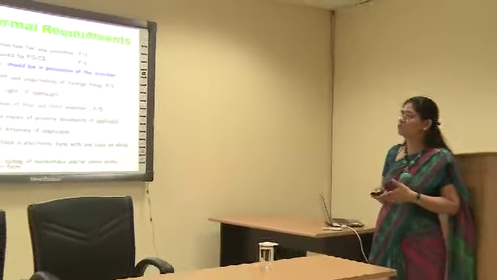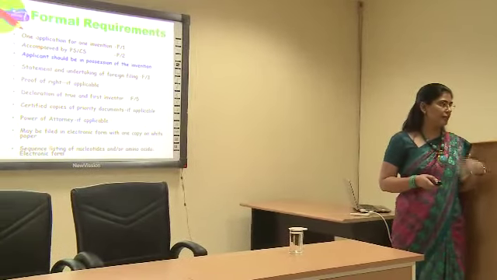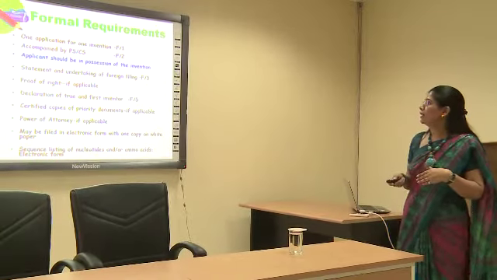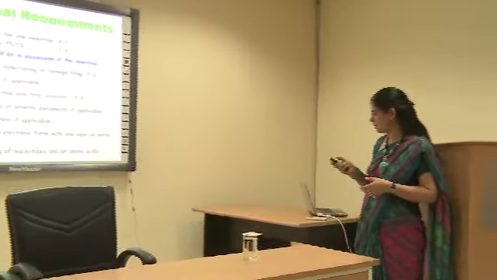Now, there are certain formal requirements. One, we can apply only with one application, that is on Form 1, and specifications are filed with Form 2. And while filing with the patent office, the applicant should be in possession of the invention. Why is possession required? If the legal attorney, or the applicant, or the true and first inventor has physical possession of the invention, then only will they be able to defend their invention during the course of grant of patent.